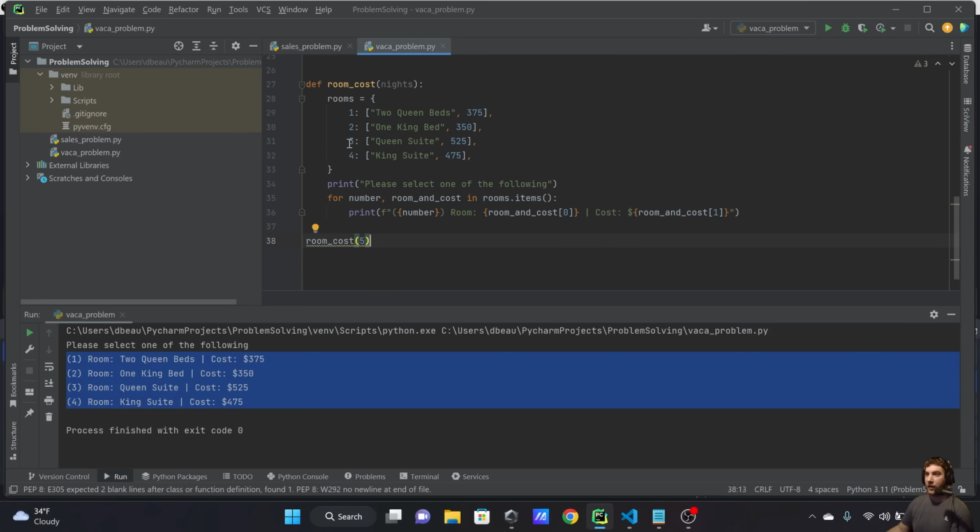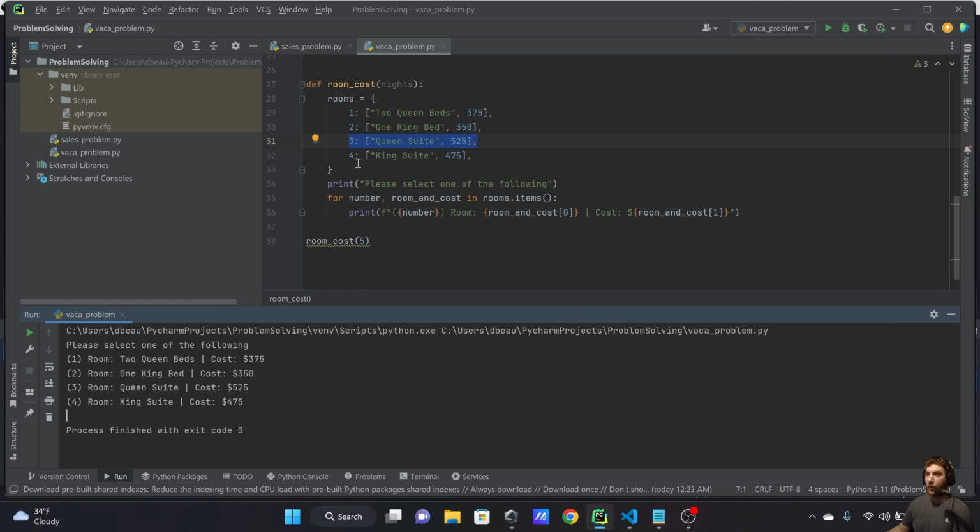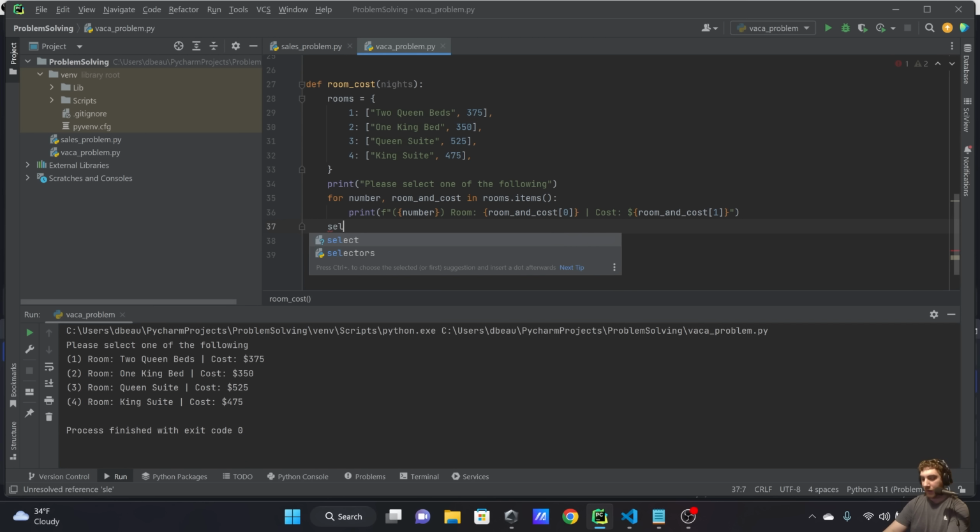So again, that actually didn't exist because we had duplicate keys. All right. So the king suite that shared the same key, because it came after, was overriding the queen suite. All right. Let's go ahead and delete this because we can see that it's working. But the one thing we want to do is get their selection. Okay. So we'll say selection equals